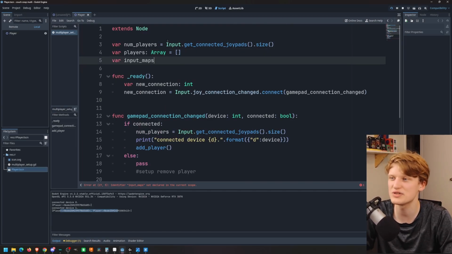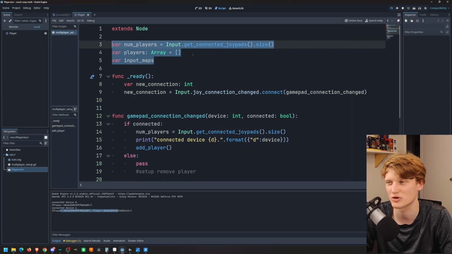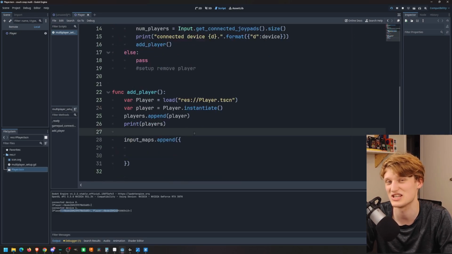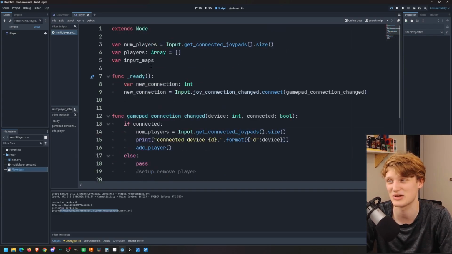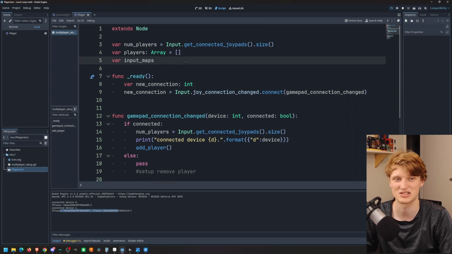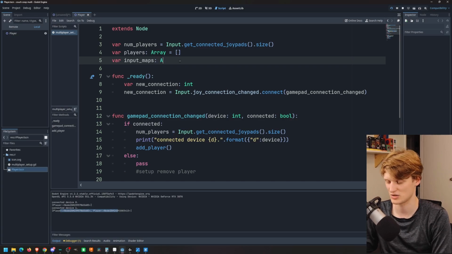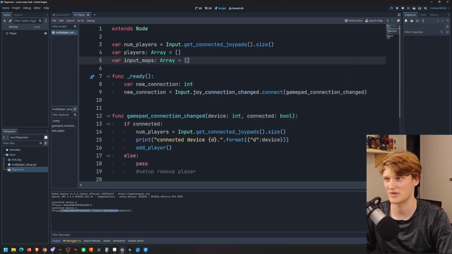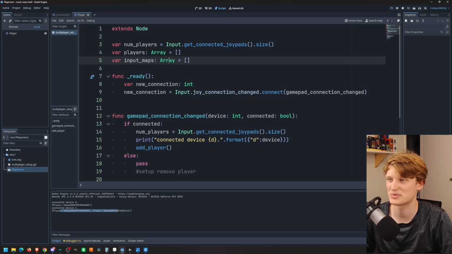Most of these globals are really just for reference. You could set them up in this function and just forget about it, but it's nice to be able to reference this in other things later on. Sure, people are like, oh, globals are bad. Globals are not that bad in video games, or not too much, because you're gonna need them for a bunch of things. So we're gonna make this an array. And burn me in the comments down below if you disagree. But yeah, we're gonna have an input maps array that's gonna take in a dictionary of input maps